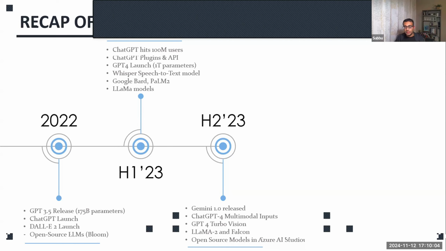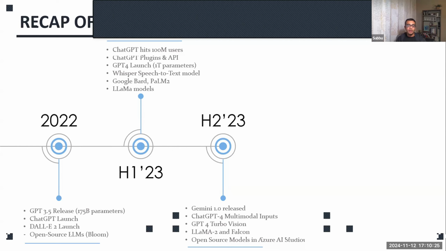both text, image, and multiple different types of dimension inputs it was able to support, and it was able to respond. The GPT-4 Turbo Vision model was also released, which was supporting those. And the Llama 2 and Falcon models, which are also open source models, were even more powerful. Those were released. And Azure AI Studio was also launched at that point, which supported these open source models